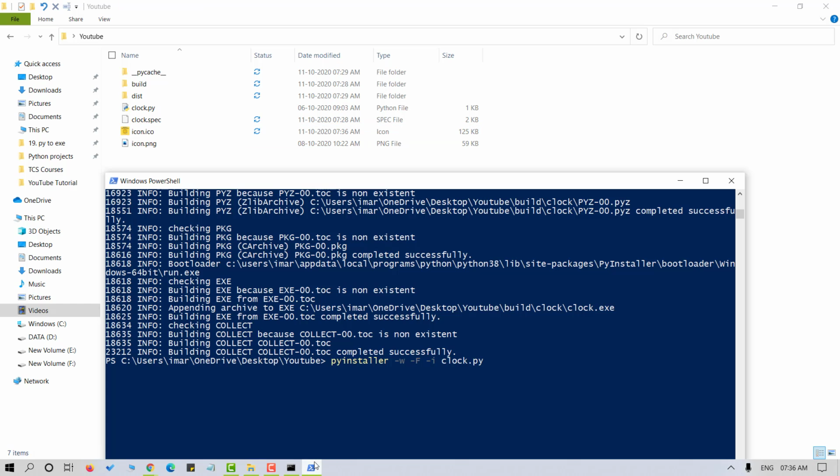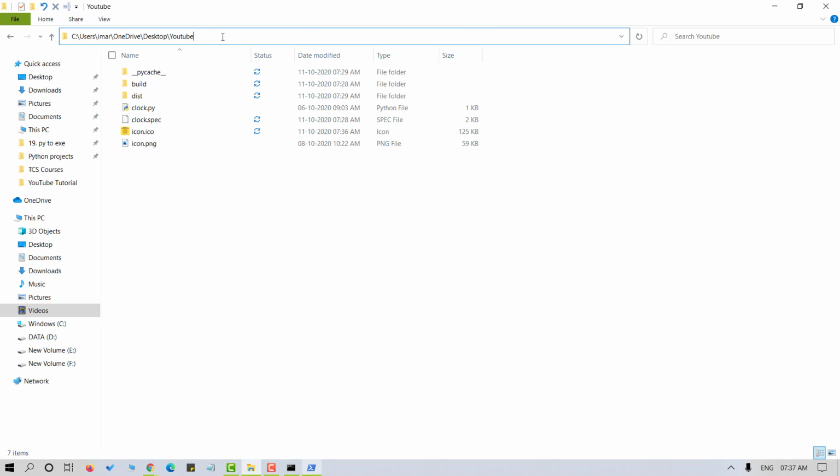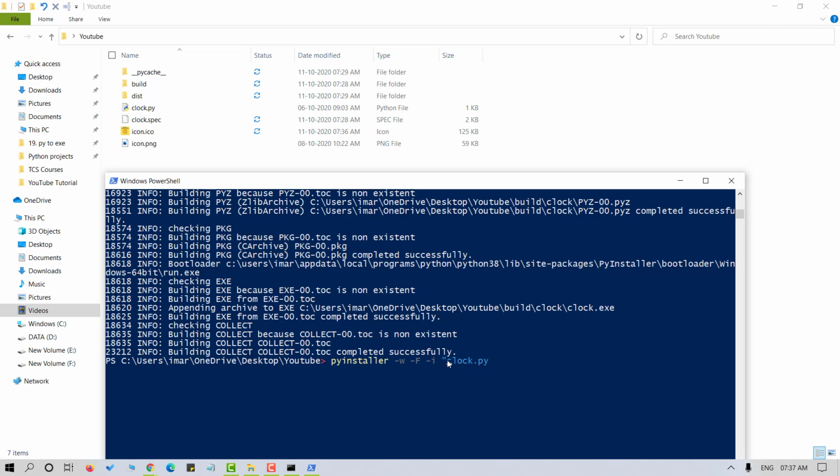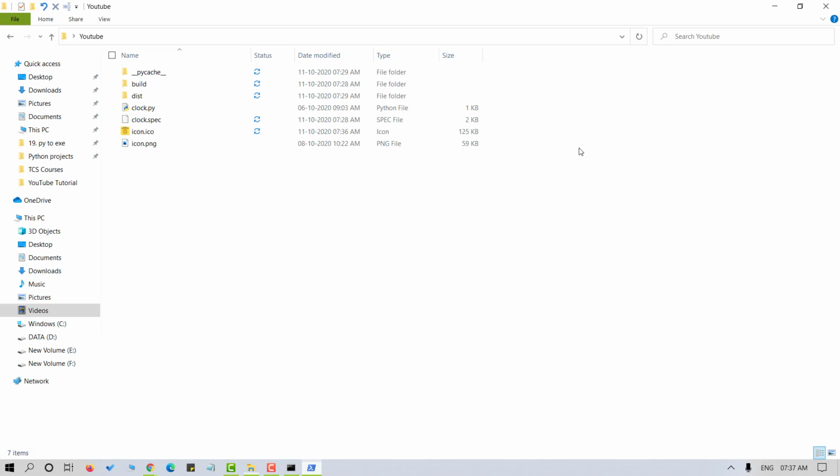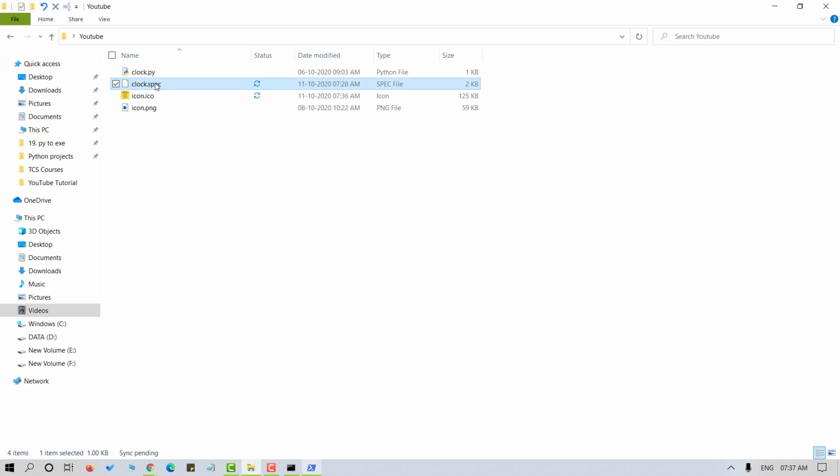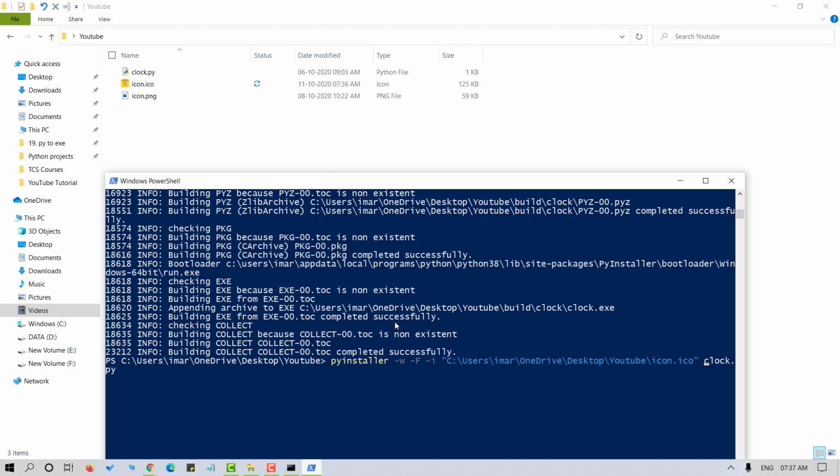Let's head back to our terminal. Let's specify the path. Icon.ico. Let me delete what we have done so far. Okay, now hit enter. Let's run the command.